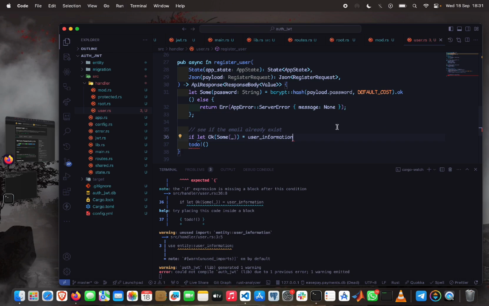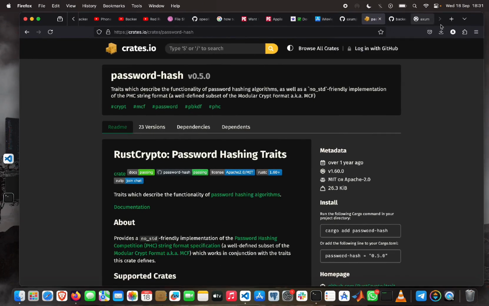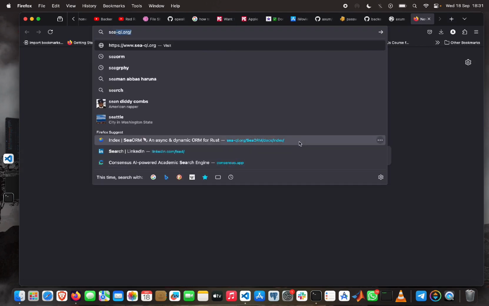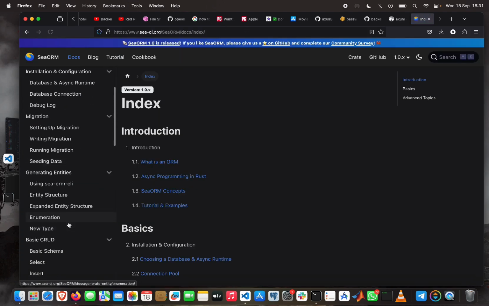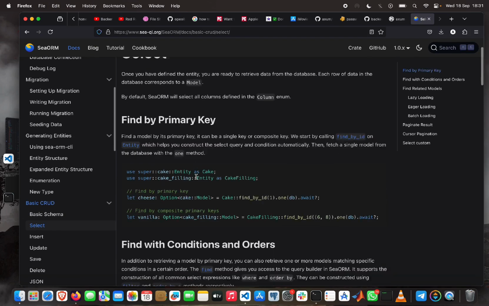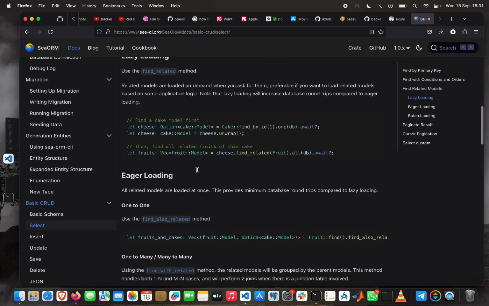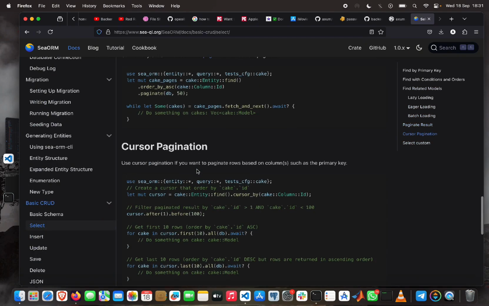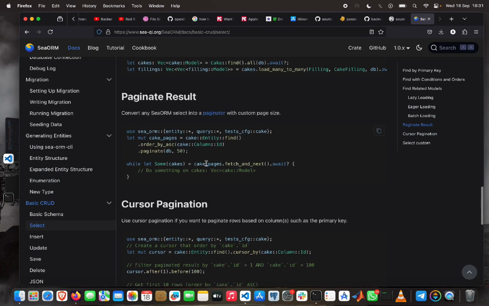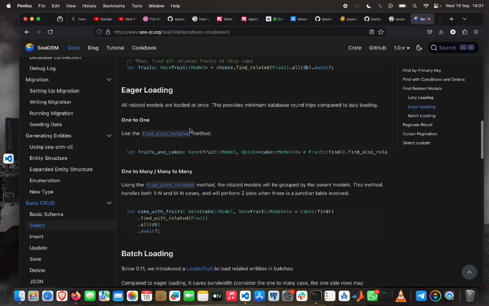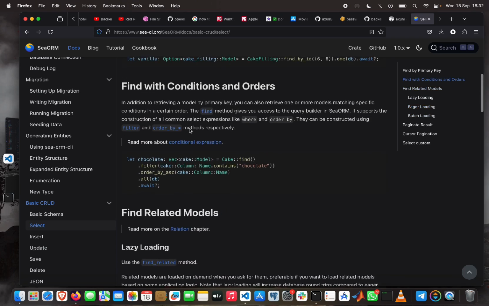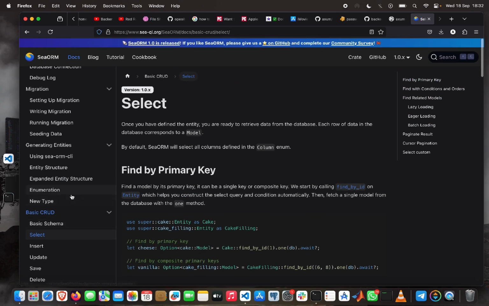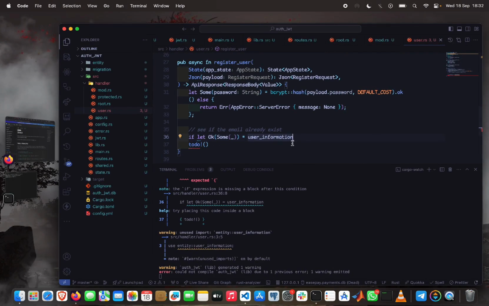Let's do SeaORM. I want to do select. So I want to find one thing. Just finding my primary keys. Alright, I think this should be